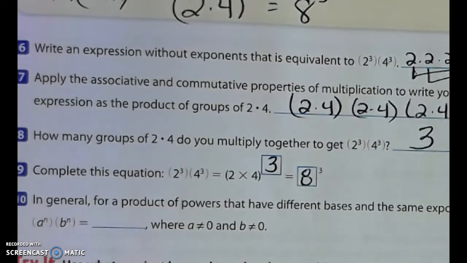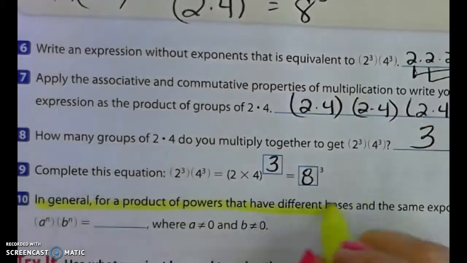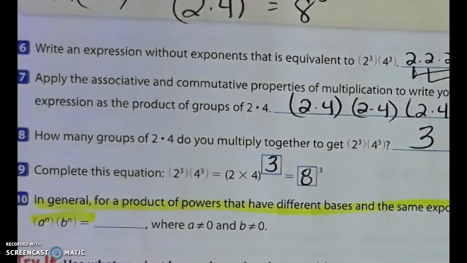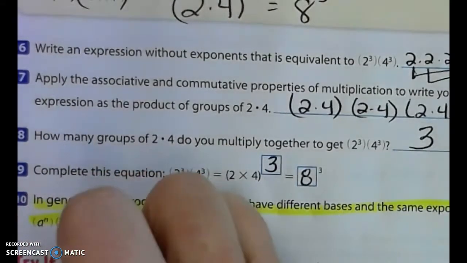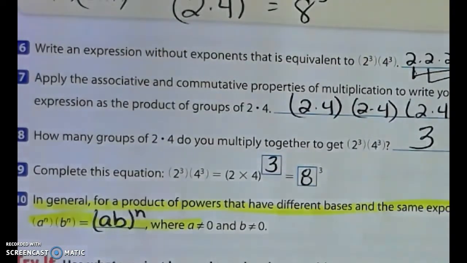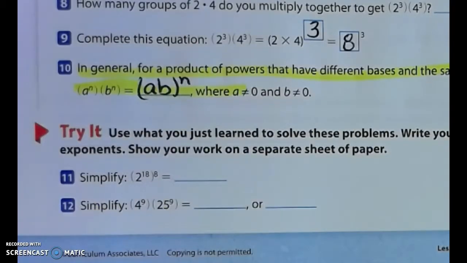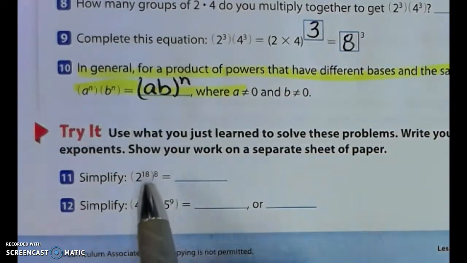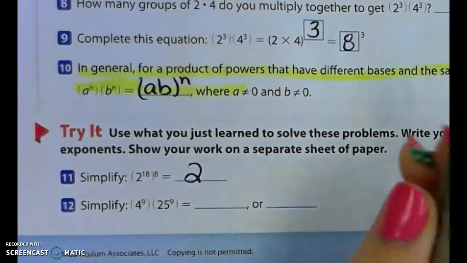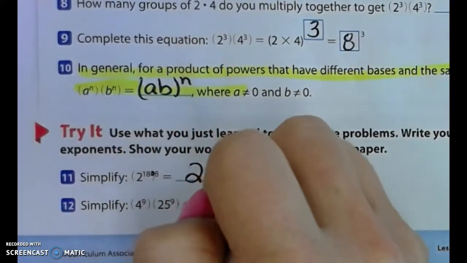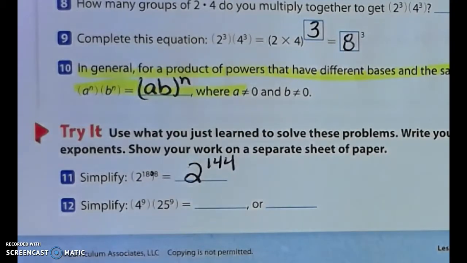In general, for a product of powers that have different bases, this is your rule. A to the n times b to the n is equal to a times b to the n as long as a or b are not 0. The base cannot be 0. Number 11, we have 2 as the base with 2 exponents, so 2 to the 18th to the 8th. That is 8 factors of 2 to the 18th. So 2 to the 18 times 8 is 144. On number 12, 4 to the ninth